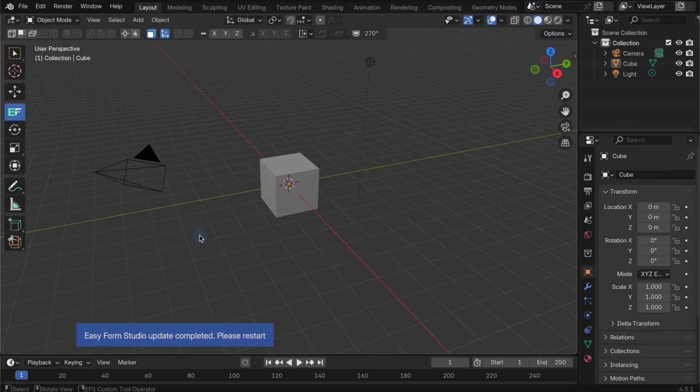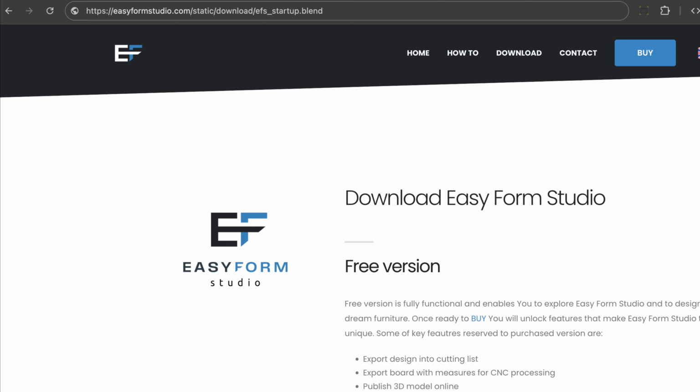Blender is a very versatile 3D application and can be customized for many different workflows. When you first open Blender, you will see the default layout, but for furniture design with EasyForm Studio, adjusting the interface is highly recommended. If you are already familiar with Blender, you can skip this step or customize the layout to your own preference. If you are just getting started, we suggest downloading the prepared startup file from